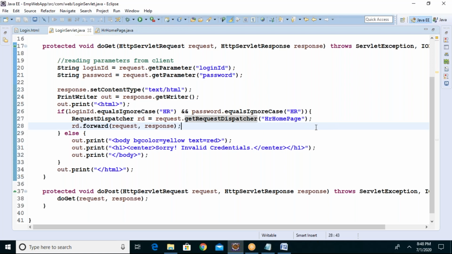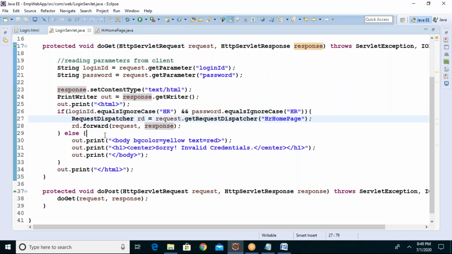Yes, sir. Now you clearly understood? Yes. Now similarly, if HR is successfully called, you are navigating to the servlet called HR homepage.